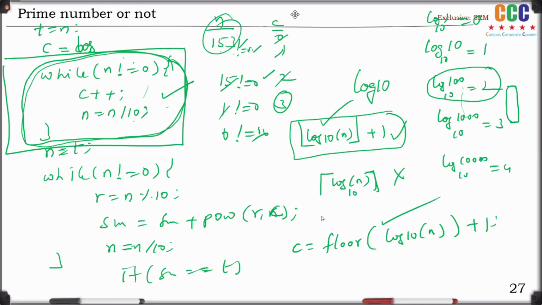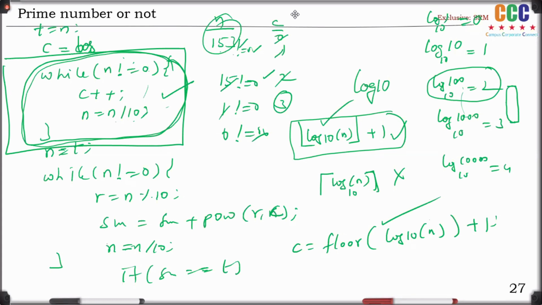Then Abhishek said to use the absolute value for the log function. Okay, do it. For negative numbers, if you take the absolute value, it will be positive.